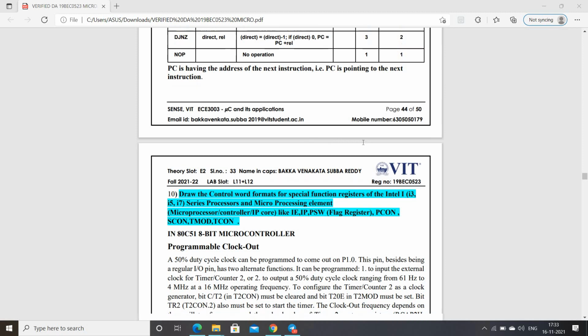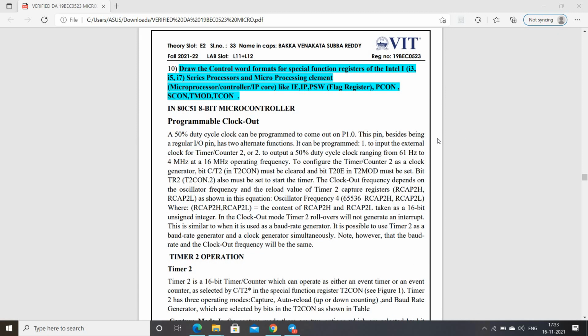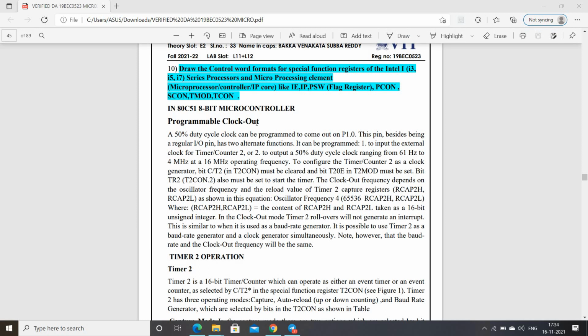And moving on to the last question, draw the control word formats for special function registers of the Intel i3, i5 and i7 series processors and microprocessing element, microprocessor or controller or IP core, like IE, IP, PSW, flag register, PCON, SCON, TMOD and TCON. And in the 80C51 8-bit microcontroller,